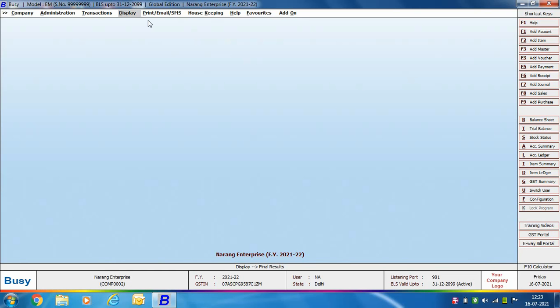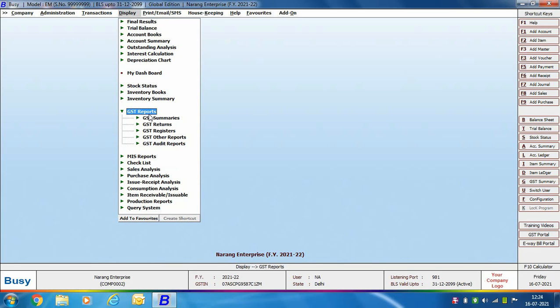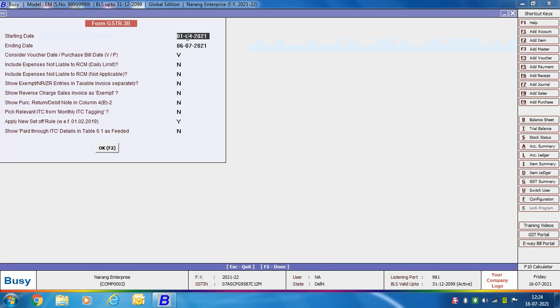To view the GST report, first of all we'll go to the Display GST Reports menu. Next we will click the GST Return section. Under GST Returns you can see GSTR3B is provided. On clicking the GSTR3B option, a GSTR3B window will appear in which first of all you need to specify the